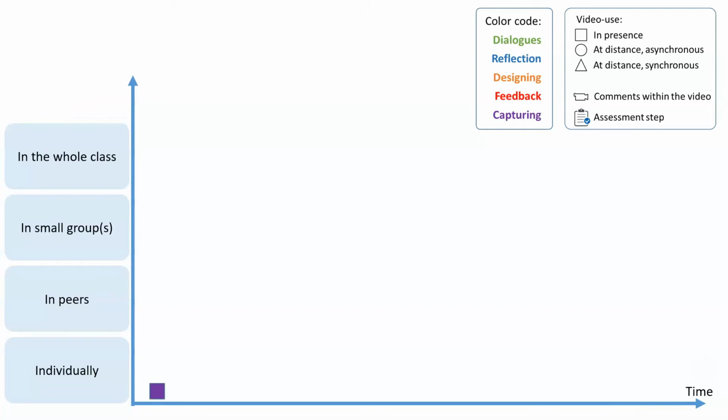And referring to our experiment, we can see that at the beginning there was an initial individual capturing of teaching practices in one's classroom.